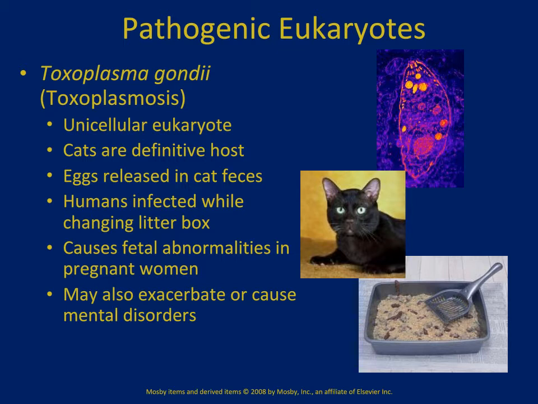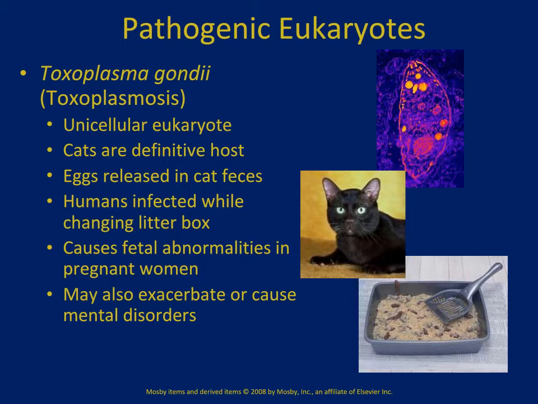In the past few years, we've also come to understand that chronic toxoplasma infections can also affect mental disorders. So people that, for example, have a predisposition to developing schizophrenia or something like that, if they're toxoplasma positive, might have a slightly greater chance of developing the disease. They've even found that people that are toxoplasma positive may actually take risks more often than people that do not